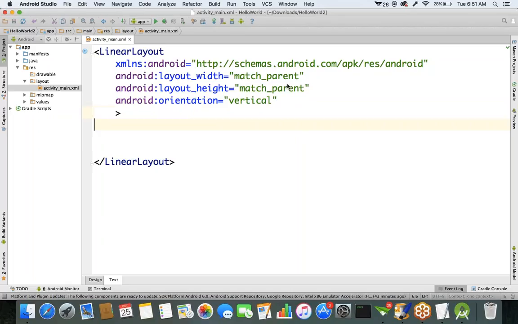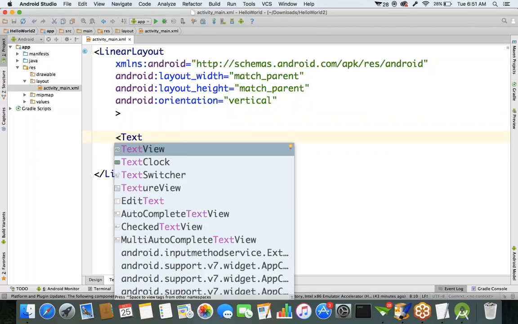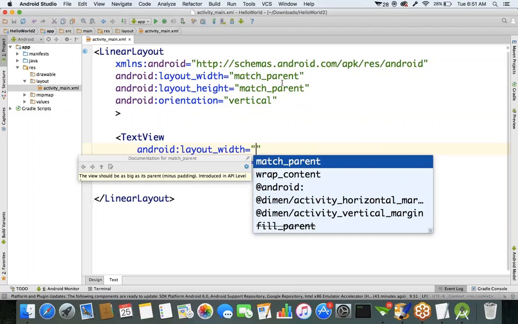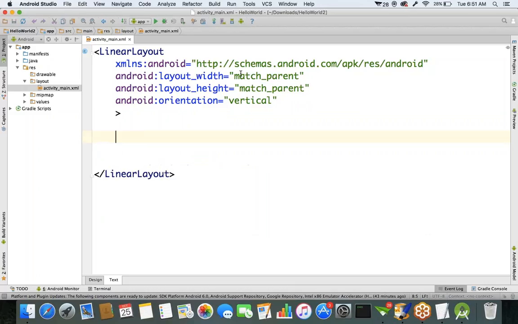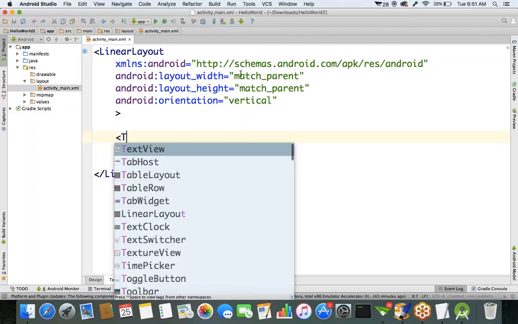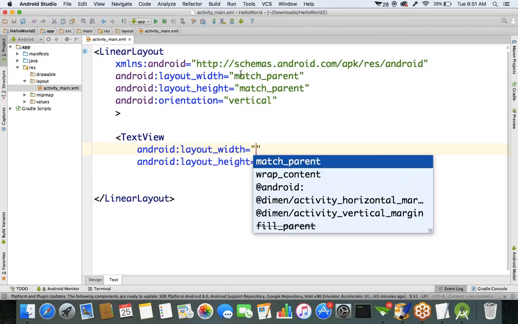Okay. Next, inside this linear layout, I want to display a text to the user. If you want to display a text to the user, there is a UI component called text view. There is a UI component called what? Text view. See here, once you select this text view component, automatically we got